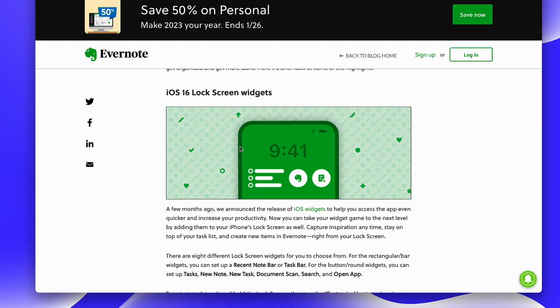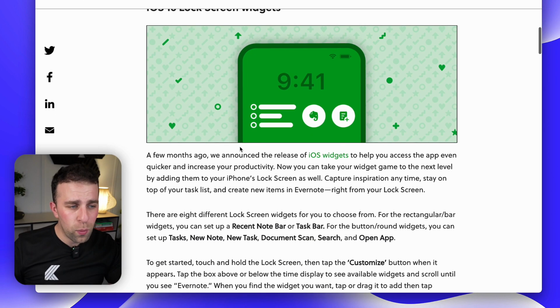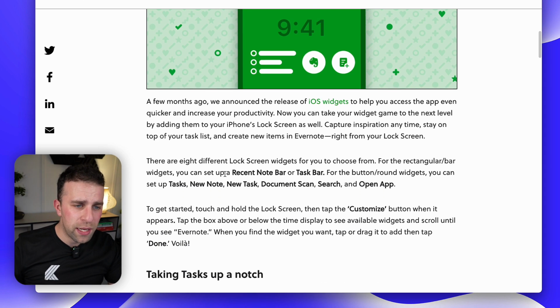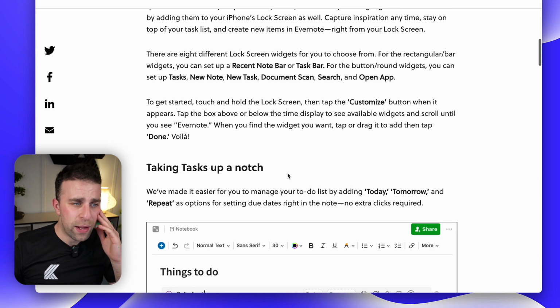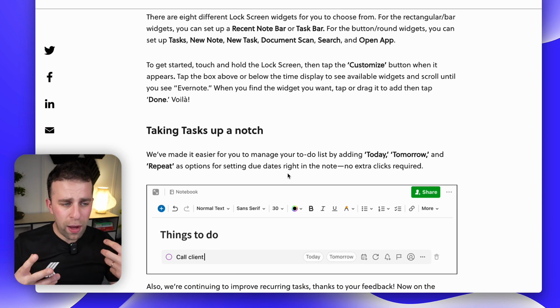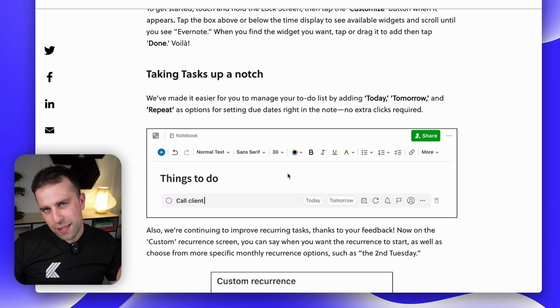So the first thing they've released is the iOS lock screen widgets. They've improved this for iOS 16. I think they've released a couple here: a recent note bar and a task bar as well, so you can now activate tasks in there. They're really trying to optimize how that looks and how that's done. A few minor things that you'd think would already be in Evernote, but they're really fine-tuning it, which